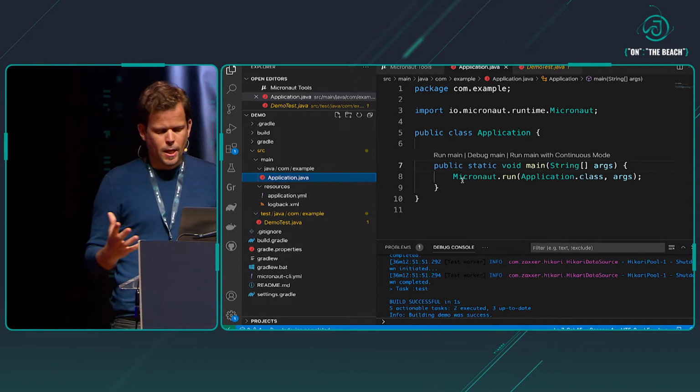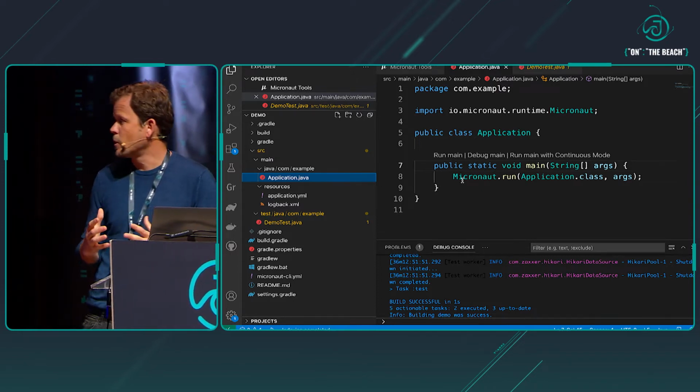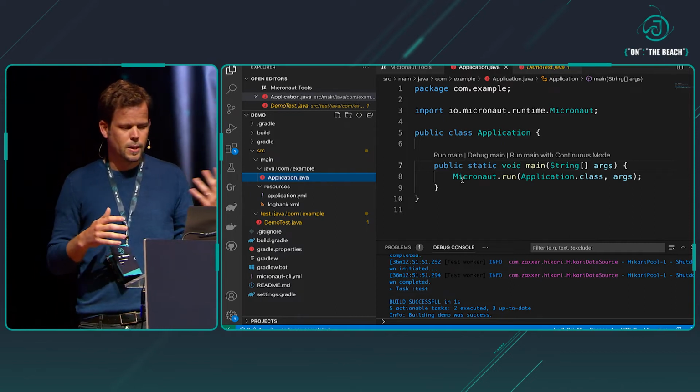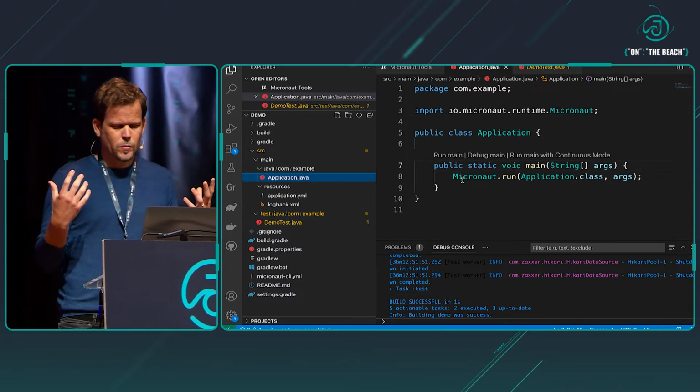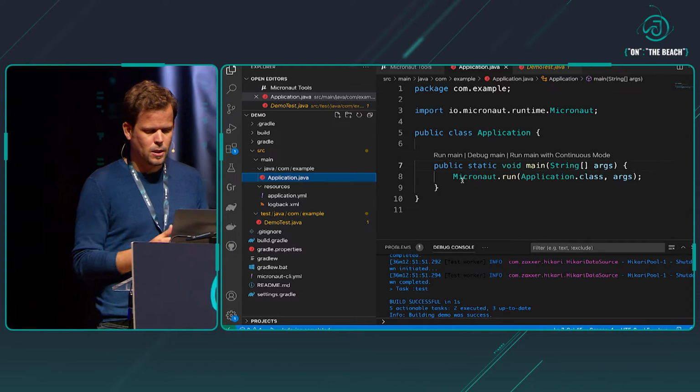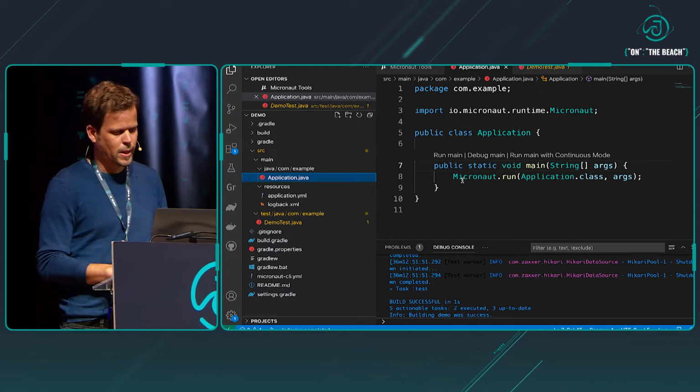So, I have a basic application here. It's not doing much at this point. It has a main method where I can start it up. It has a test where I can test it. So let's start building an application and see what it feels like to build a Micronaut application